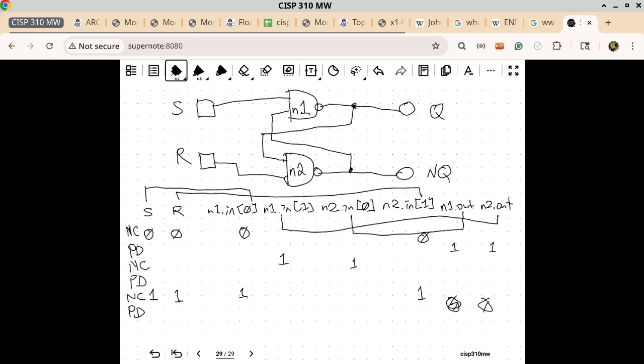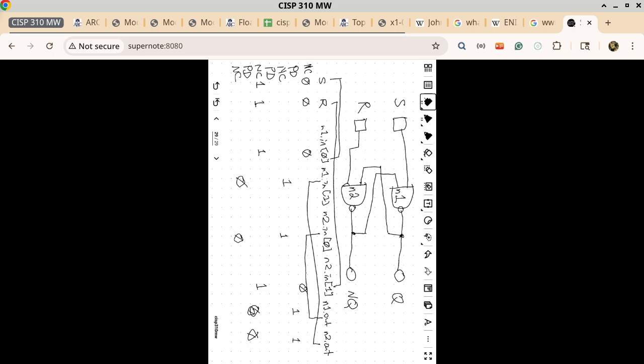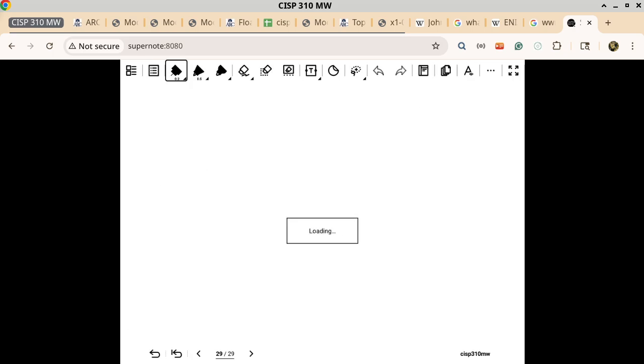Because of the propagation delay, what comes next? NC. So this 0, because of the node connectivity, goes back here. So this is now a 0. This 0, because of node connectivity, goes back here, which means this is also a 0. So what do we have at this point? What we have at this point is